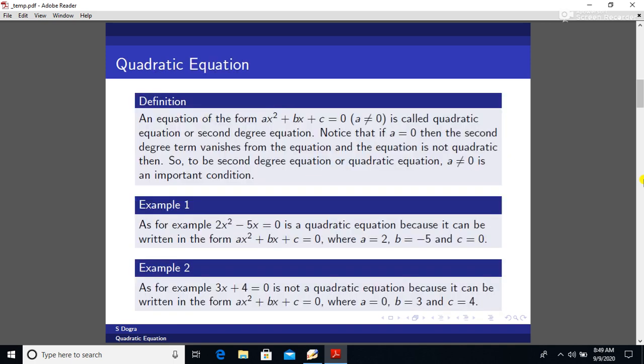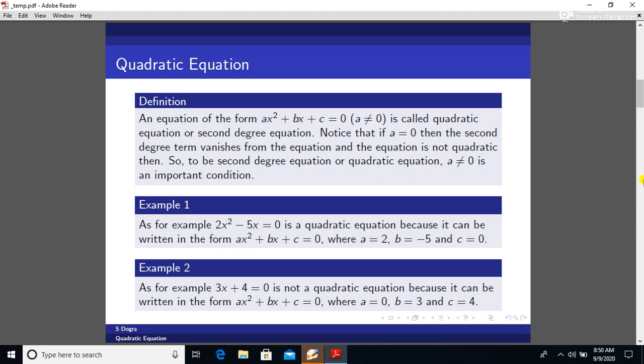First, I come to the definition of a quadratic equation. An equation of the form ax² + bx + c = 0, where a ≠ 0, is called a quadratic equation or second degree equation. Notice that if a = 0, then the second degree term vanishes from the equation and the equation is not quadratic then. So to be a second degree equation or a quadratic equation, a ≠ 0